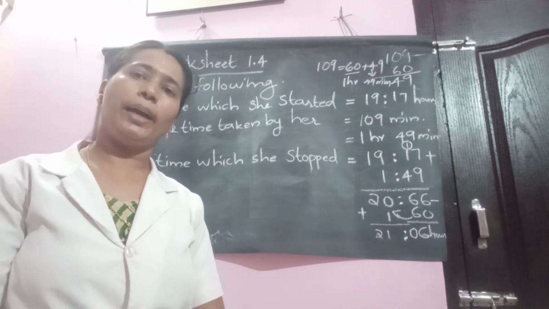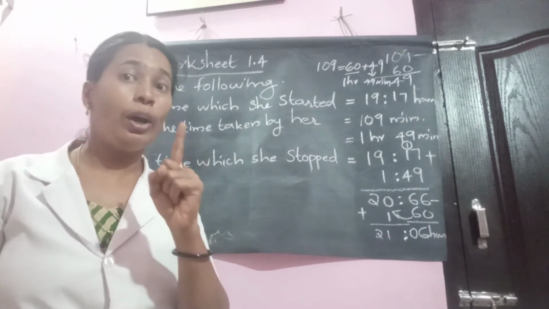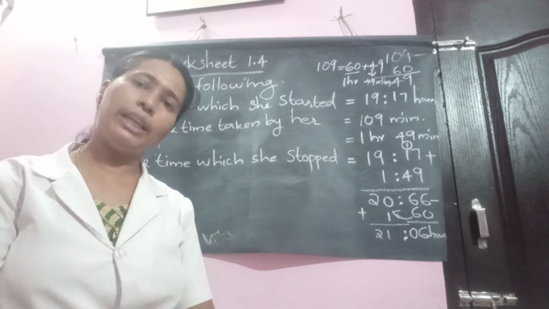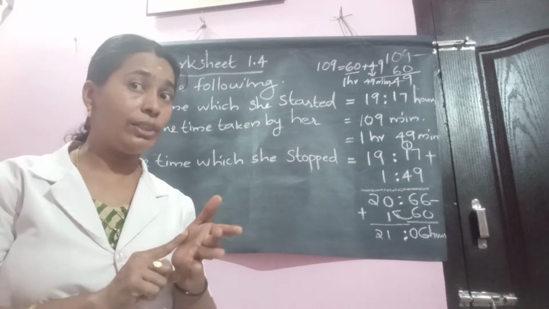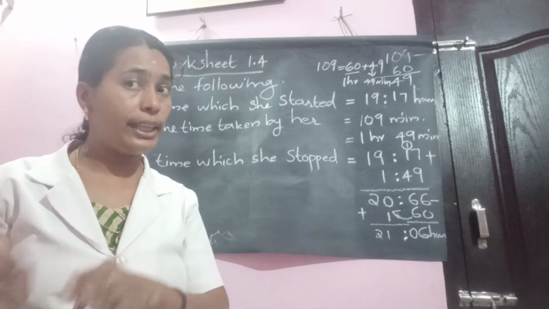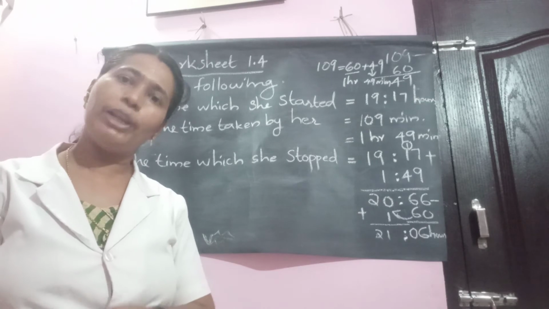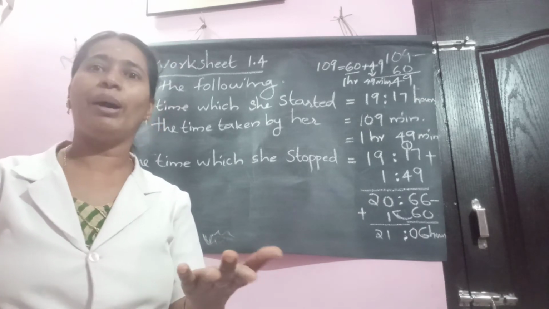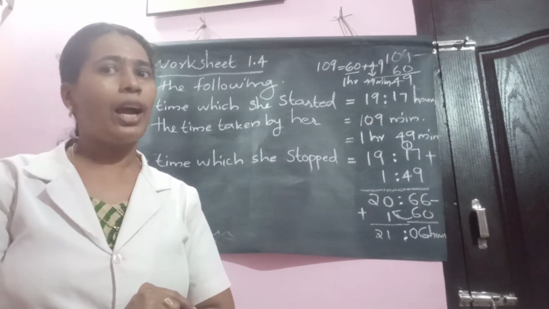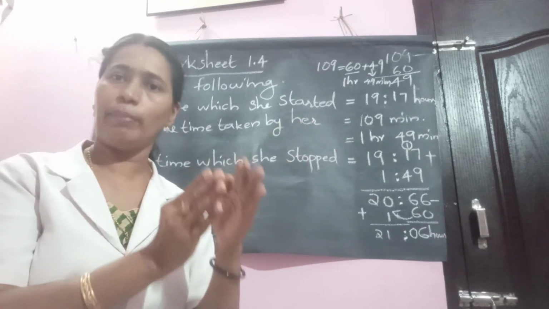For example, let me ask a question. Suppose you get up by 8 o'clock and you study mathematics for 1 hour. So, when will you finish your studying? You started the activity by 8 o'clock and you studied mathematics for 1 hour. So, when do you finish? All of you are saying 9 o'clock, isn't it? How did you get the 9? By adding the starting time plus the duration, the time taken.